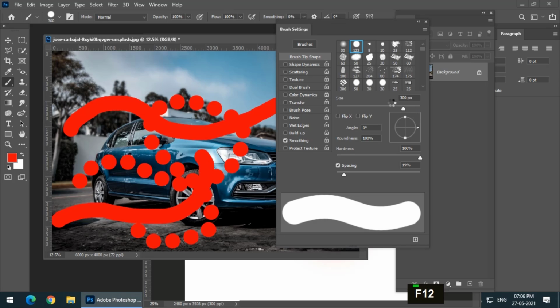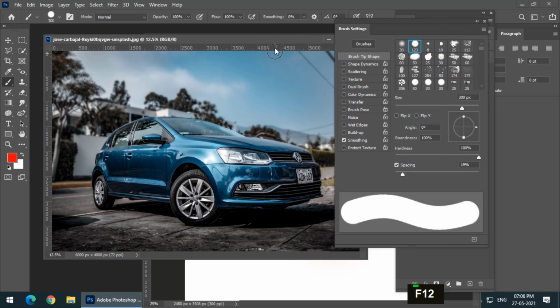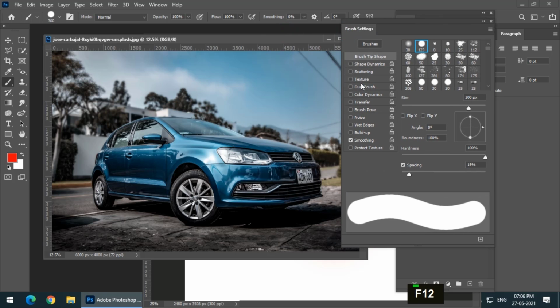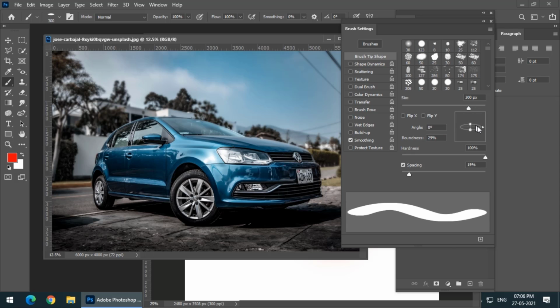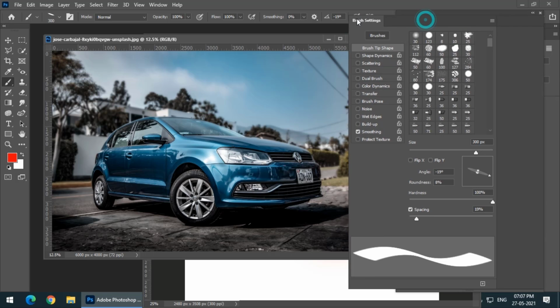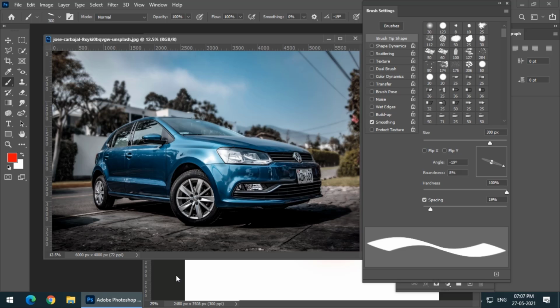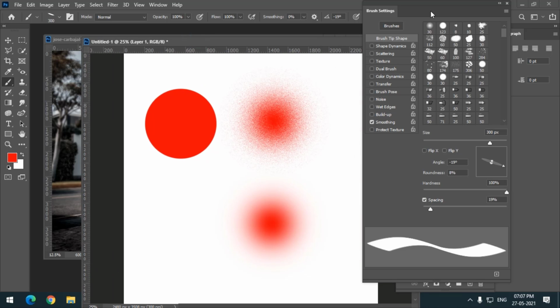Now if I want this brush to be a bit different, like a calligraphic brush, then I can simply change the roundness of the brush by changing this value, or you can simply click over here and change the value. You can also rotate this brush either from here or from here. Let's see if I keep it to this one. Now we have gotten a little bit of a calligraphic brush.